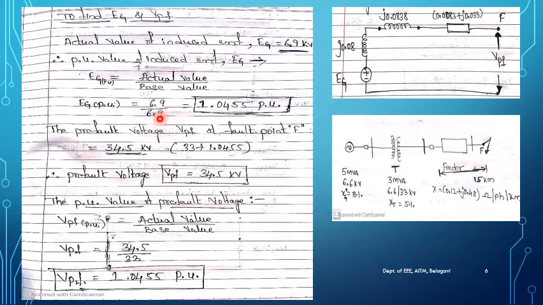It was 6.9. So 6.9 by 6.9, there is a slight correction to be made over here. The base voltage was 6.6. So 6.9 divided by 6.6, make a correction over here, 6.9 divided by 6.6. After simplifying it, you are going to get the induced EMF in our generator as 1.045 per unit. After finding out this induced EMF in the generator, next we need to find out the pre-fault voltage between point F and a reference value.